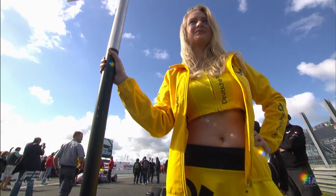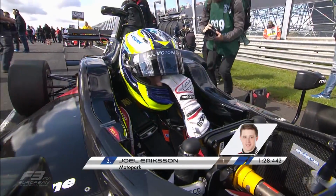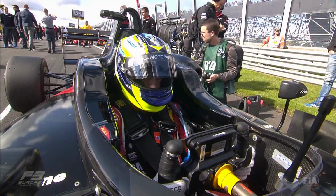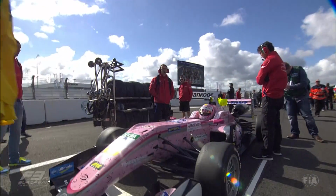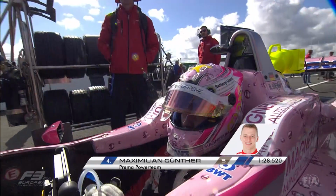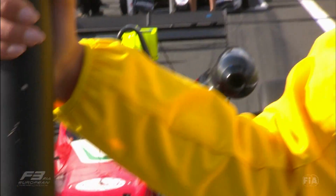There indeed is the Joel Eriksson car with the Motopark driver inside, focused on this race to come. 33 minutes plus 1 lap of FIA Formula 3 action here at Zandvoort. Going from P4 then, Maximilian Günther, who currently leads the championship, but only by a whisker ahead of Lando Norris. Maximilian Günther with the new BWT livery across the car, and he the next to be wearing the pink colours